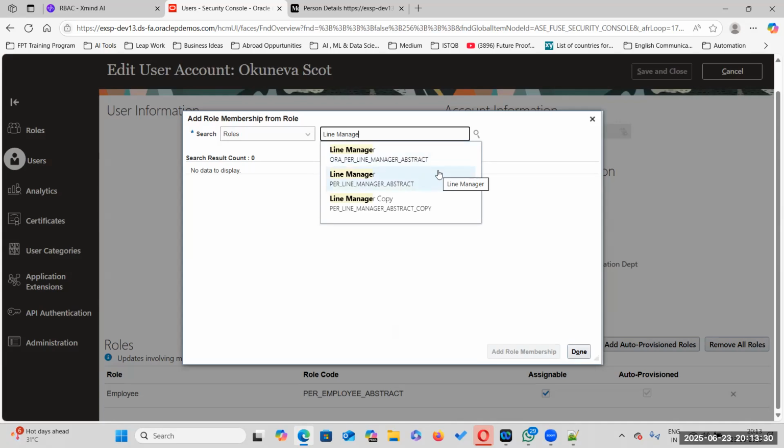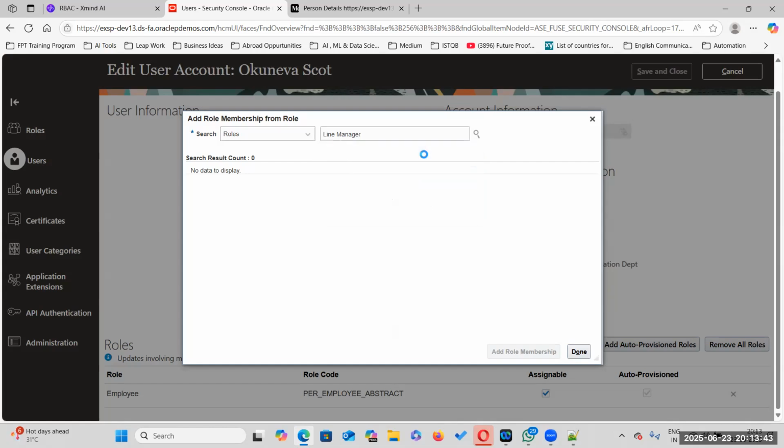This is for 12.1. The older version is per line manager abstract, and the latest version is aura per line manager abstract. We will select aura per line manager abstract and see if it is coming or not. If it is not coming, then we will come back and add per line manager abstract.